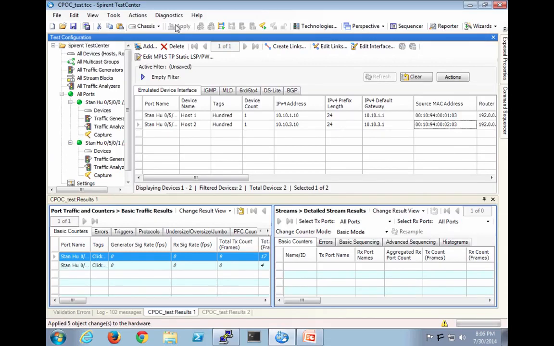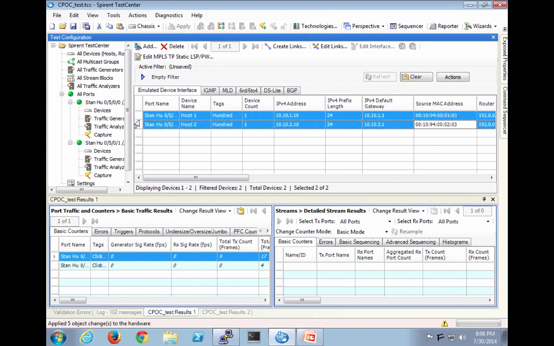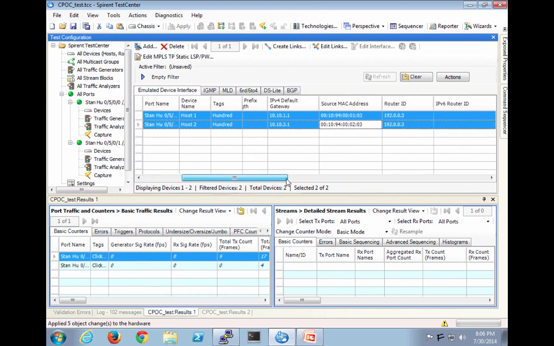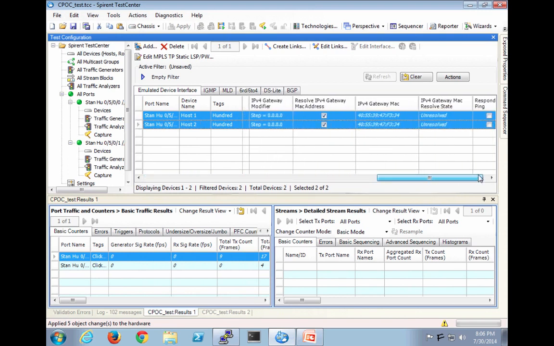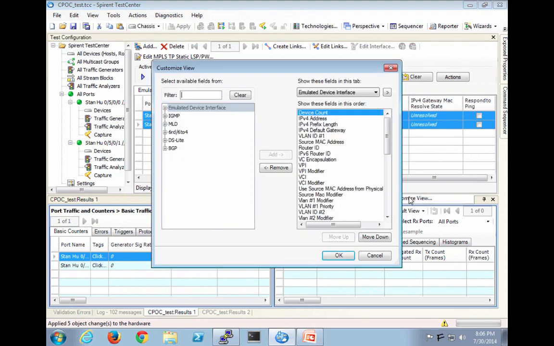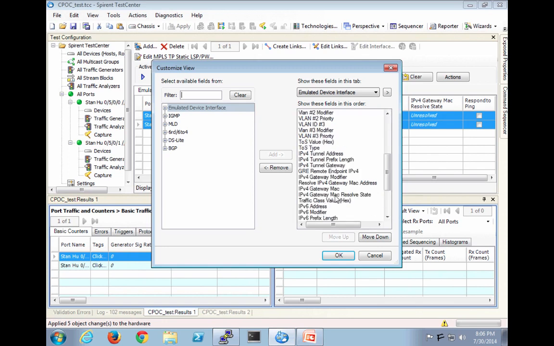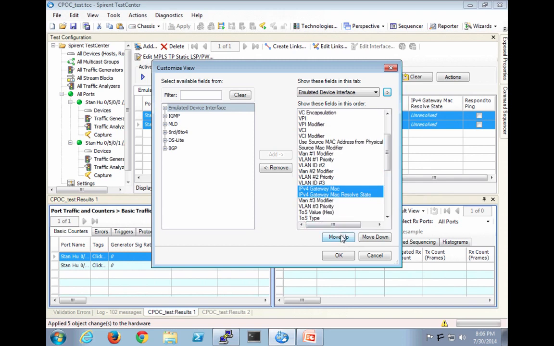So we have 2 different hosts, no big deal. And if we look, the second one, which we just created, if we move all the way over, oh, look, this one's unresolved now too, because we made a change to it. So let's go ahead, since we're new to this, and move the gateway address over. We can right-click and say Custom View, and we can move these up. So we can actually move these up higher,